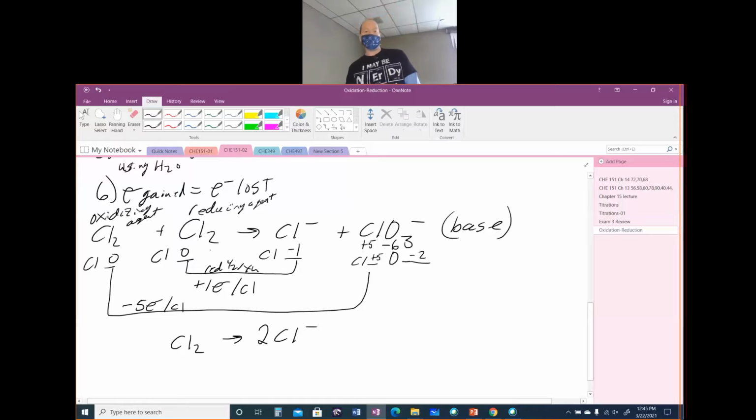And so for your half reaction, you gain 1 electron per Cl, but you have 2 Cl. And so you're going to gain 2 electrons. That is balancing our oxidation numbers. And so that has been reduced. This is our reduction